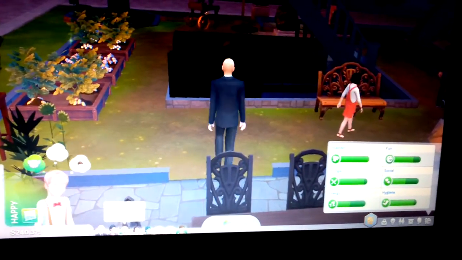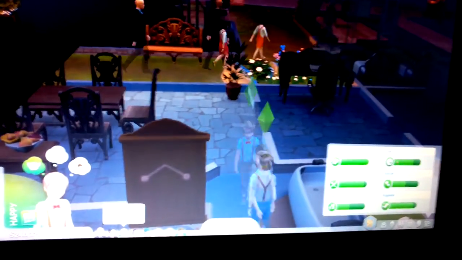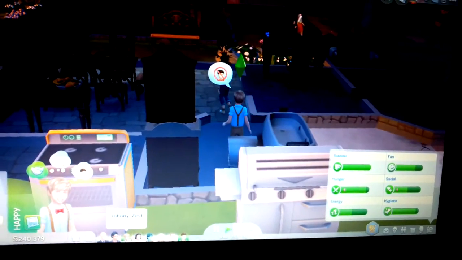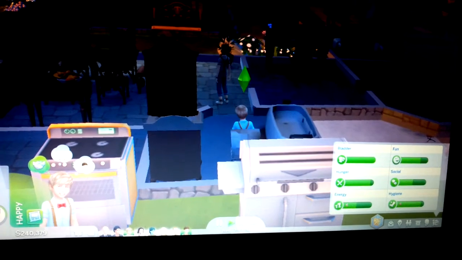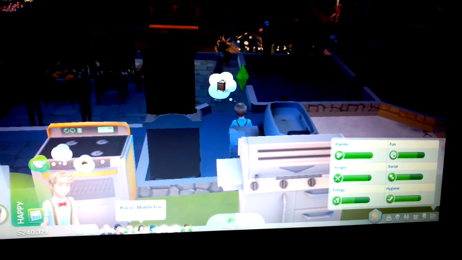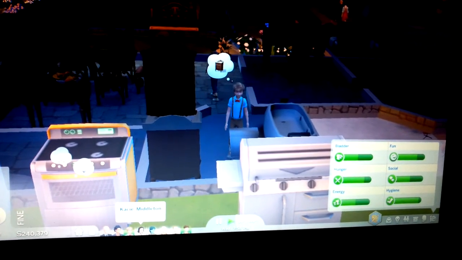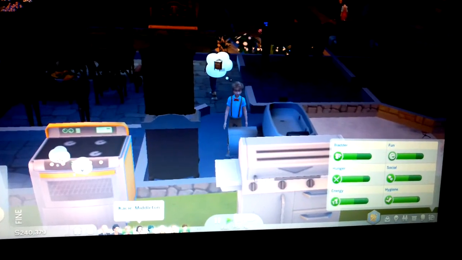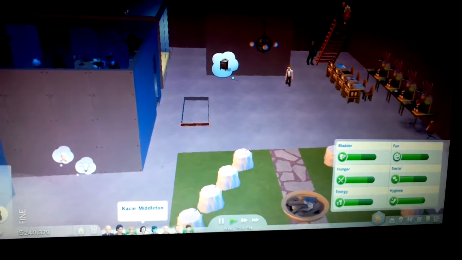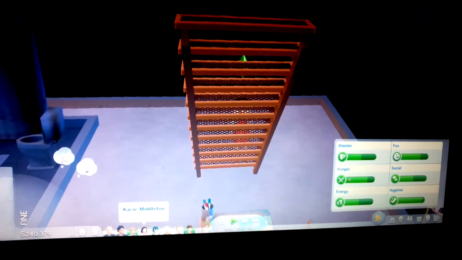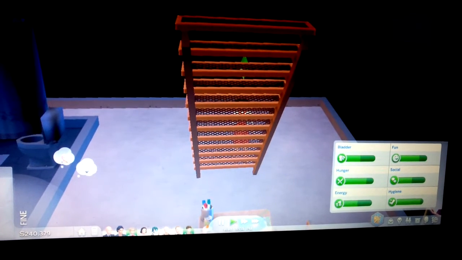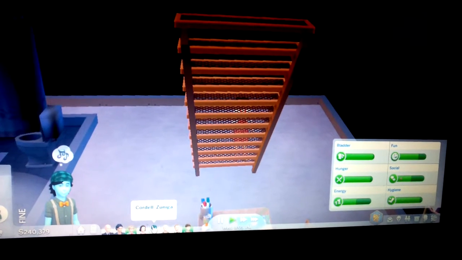Next we have Johnny Zest. His father is Zest Johnny, came with the game. I thought his name should be the other way, so I gave him a kid. Casey Middleton, I just made a whole bunch of kids up with no relations and put them places. The next one is another made-up one.